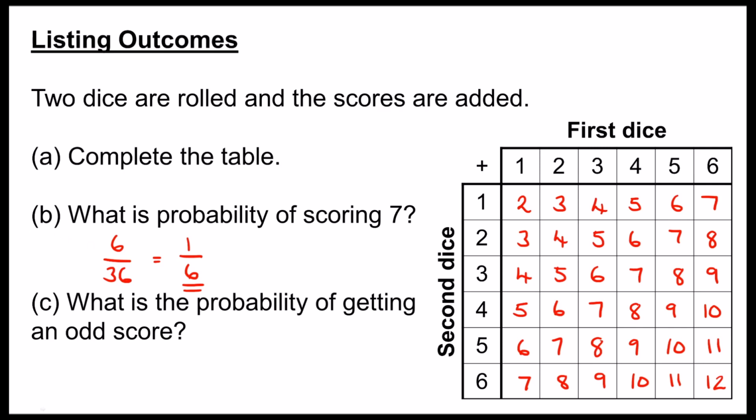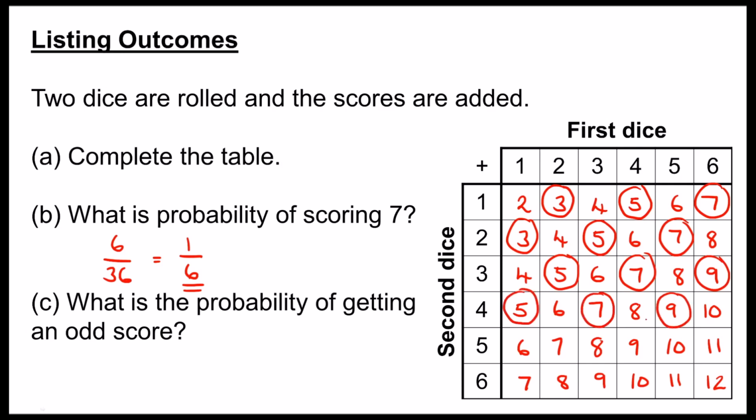In part C, it asks what is the probability of getting an odd score. I'm going to go through my table and circle all of my odd answers. So we've got 3, 5, 7, 3, 5 and 7 again, 5, 7 and 9, 5, 7 and 9 again, 7, 9 and 11, and then 7, 9